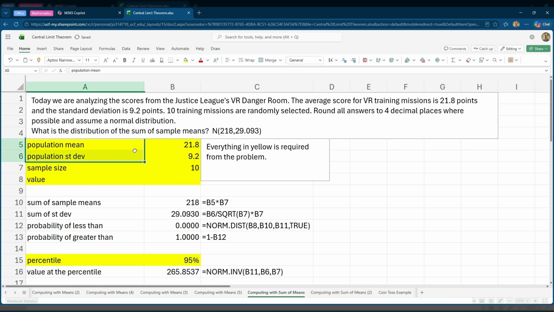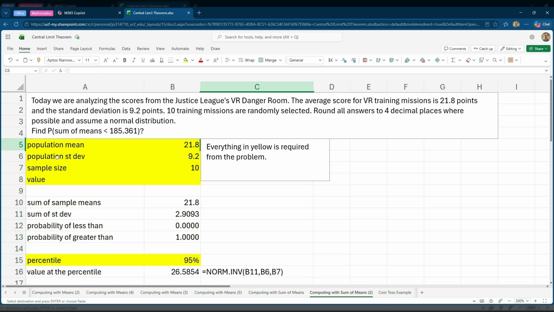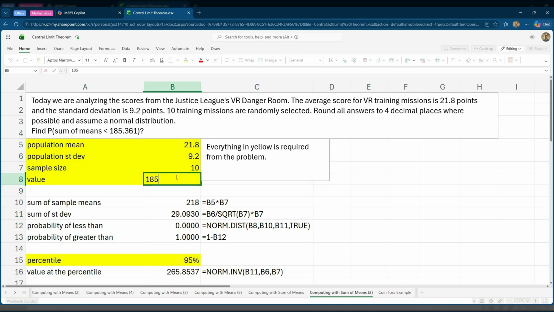And so I'm going to go ahead and copy this, and we're going to go over to our last problem for this particular video. And what if you want the sum of means that's less than 185.361? And if I do that, then it pops up, and the less than is the